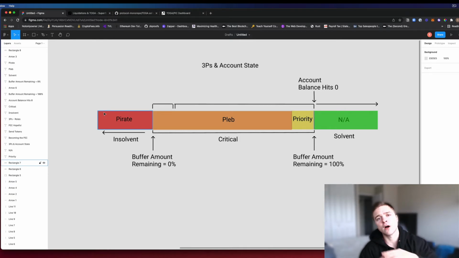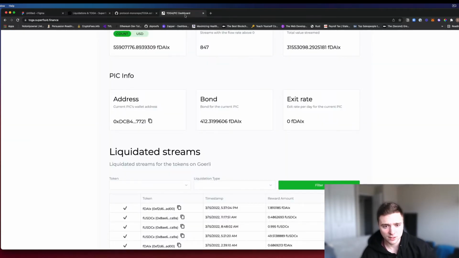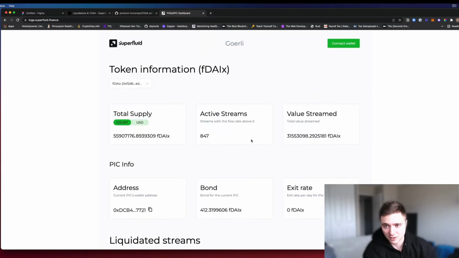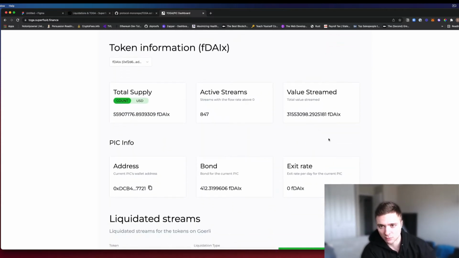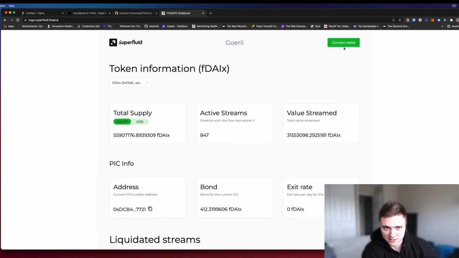Now, before we move on and get more into running the Sentinel, I do want to talk through this PIC mechanism just a bit more, and how you can become the PIC, right? So you can become the PIC by connecting a wallet here, right? Like I can connect my wallet, and there's a button that will pop up that will allow me to become the PIC on this dashboard. But what's happening under the hood